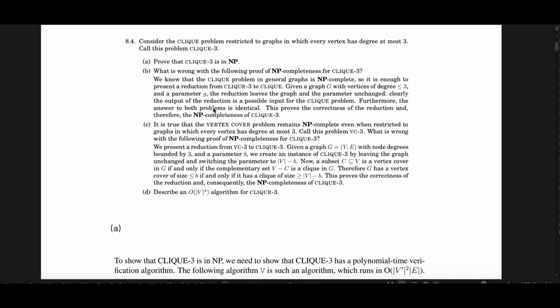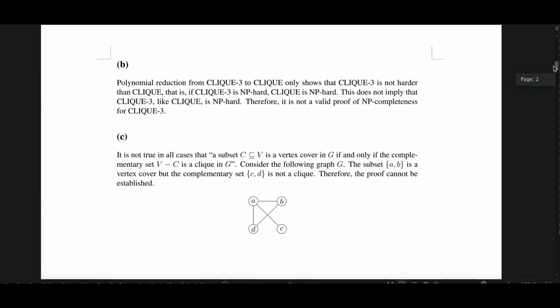Clearly, the output of the reduction is a possible input for the clique problem. Furthermore, the answer to both problems is identical. This proves the correctness of the reduction and therefore the NP-completeness of Clique-by-3. Why is the statement wrong? The answer is a polynomial reduction from